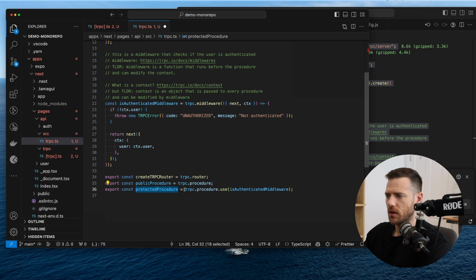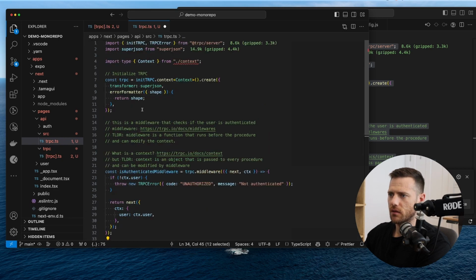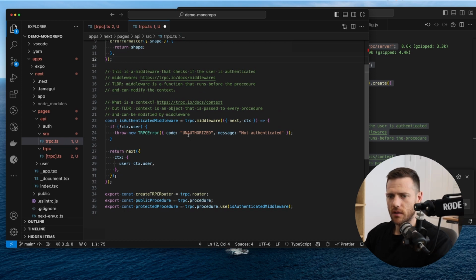So you can see here, we use a procedure and then we wrap it with this. What this is going to do is say if there's no context user, it's going to throw an unauthorized message. Otherwise, it's just going to return next, and it's going to inject the context in there. Public procedures don't have any protection because we don't need it. And then createTRPCRouter just exports tRPC.router. So quite straightforward in that one. We'll move on to the next file,